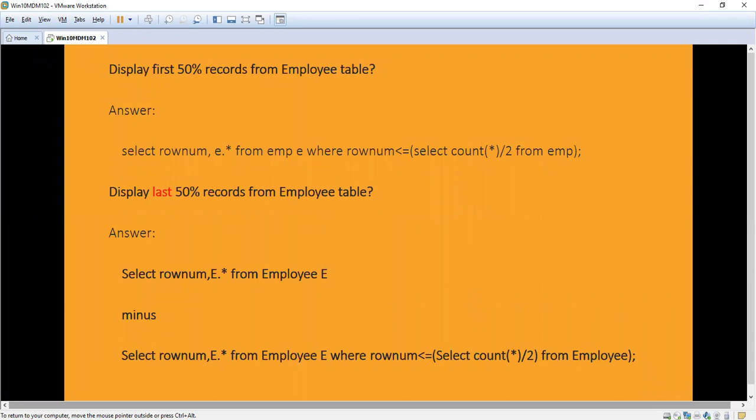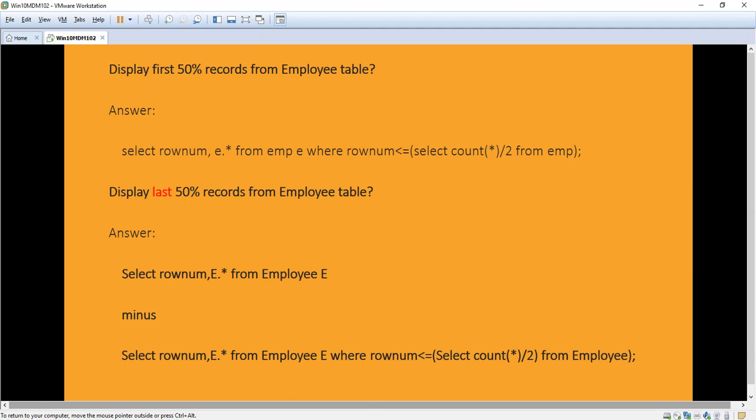If they ask you to display the last 50% of the records from the employee table, what will you do? Now we have displayed the first 50%. The last 50% means we have to minus the first 50% from the total. The total number of records is 17, so you have to minus the first 8 records.